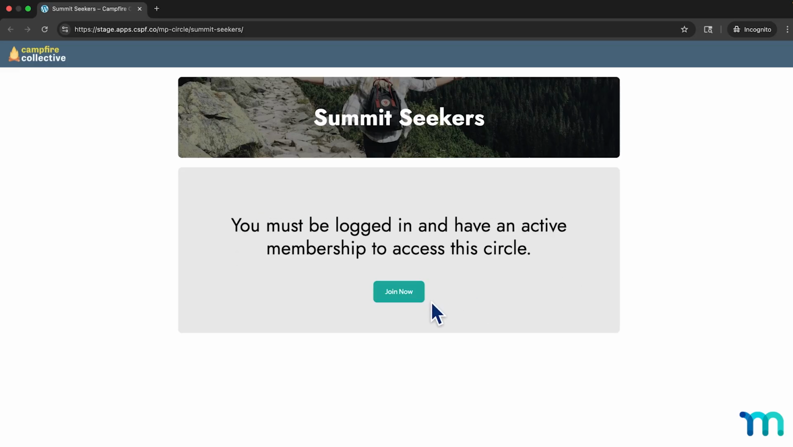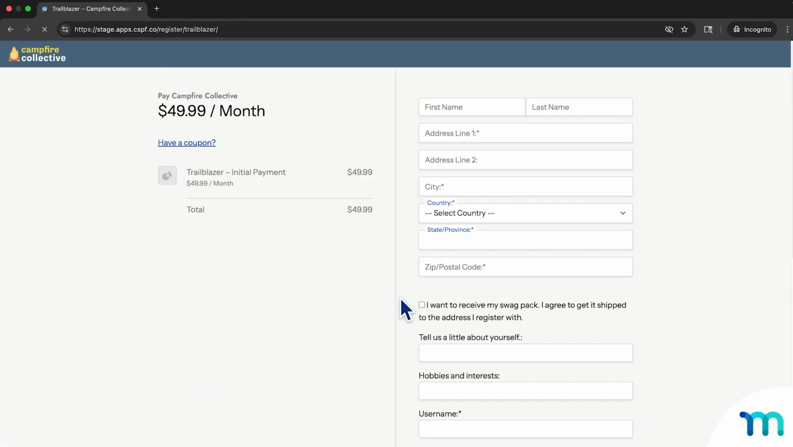So they can't see the circle because they're not a member of my Trailblazer membership, which I set in the circle edit page that they have to have that membership to be able to view it. And this message is created for you by ClubSuite. And then they see this join button, which goes to my Trailblazer membership registration page, which remember I set in